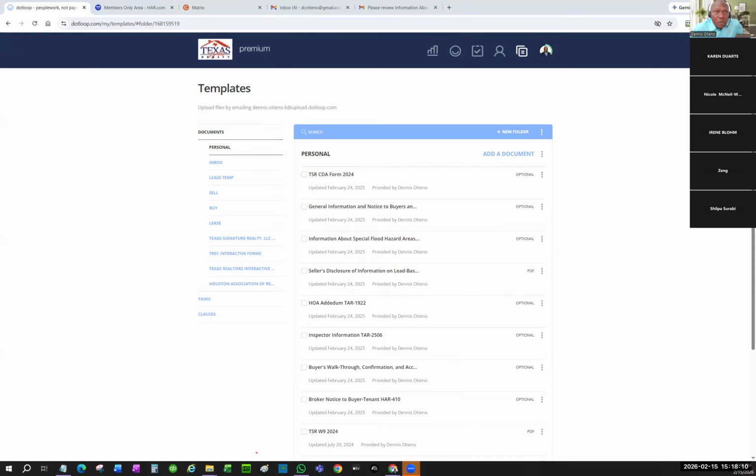Dotloop, you don't have to pay for. I believe it's paid for by your HAR membership or something like that. So that's why I use it. I've become pretty much very comfortable with it, as you can see. The other platforms, I don't know if